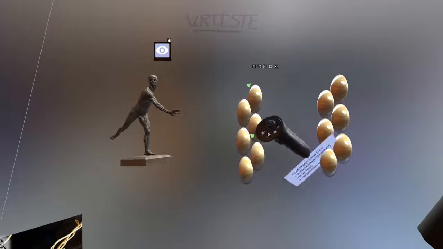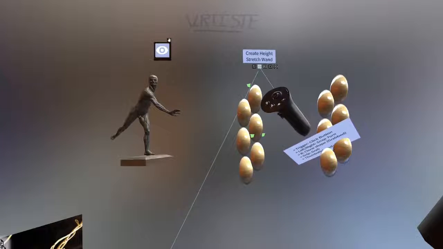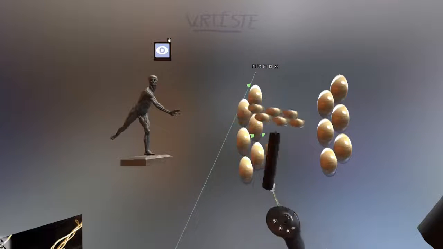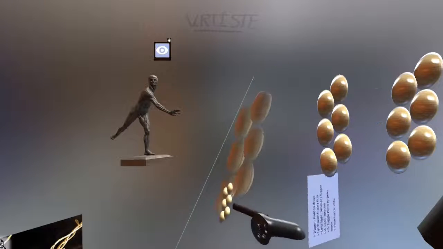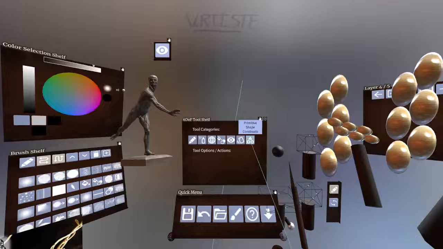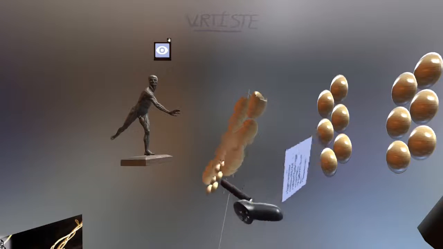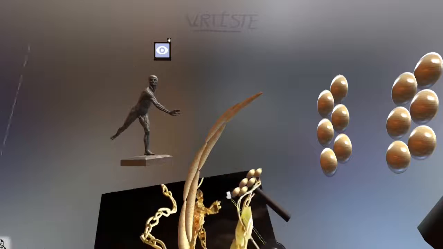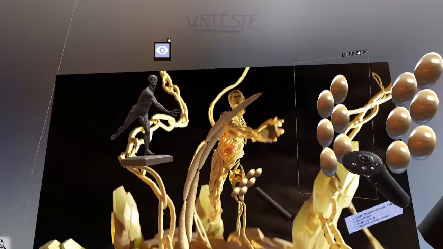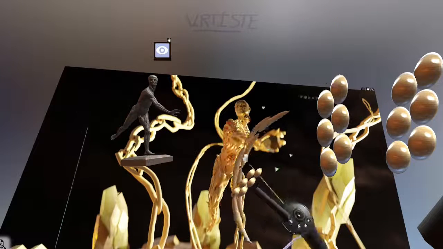And traces straight up and down if you can get it. And then you click here, create height stretch. And now it creates a stretch. Still semi-transparent, so let's go back over here to primitive shapes and solidify shape. And there we go. Now it's giving us kind of a wood fiber effect.